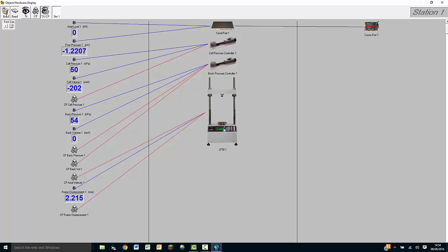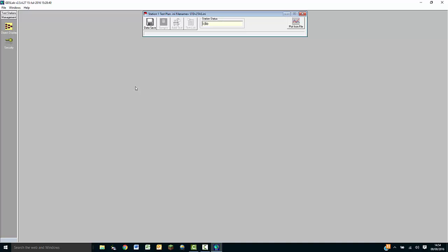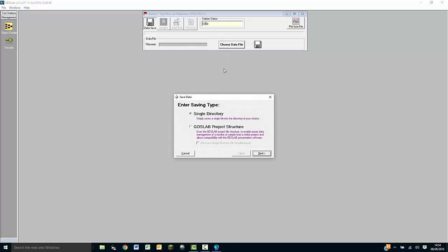If I exit from that, we're now back to the main test program. Assuming we have all of the test equipment set up correctly and we know that it's working, we can go onto the test plan and create a triaxial test. So if I first choose data save, we can choose a data file. We can either choose a more traditional way of saving data in a single directory, so we give it one file name and off we go, or the GDS Lab project structure, which saves in a way that uses GDS Lab